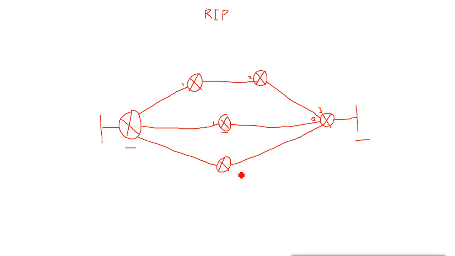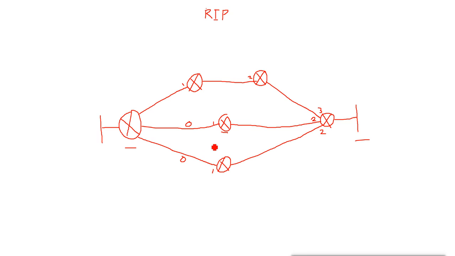But if we check this path, how many hops are there? 1 and 2 again. Now RIP will say these two paths are equal. So what will RIP do? It will not use the path which is bigger. It will use these two paths, and both paths will remain in the routing table. It does load balancing. That means it can use both paths to send the data. If it sends data, one packet will go from here, one packet will go from here. It will divide the packets equally into both links because the paths are equal.